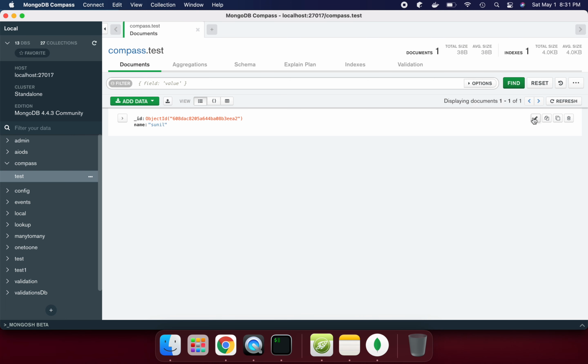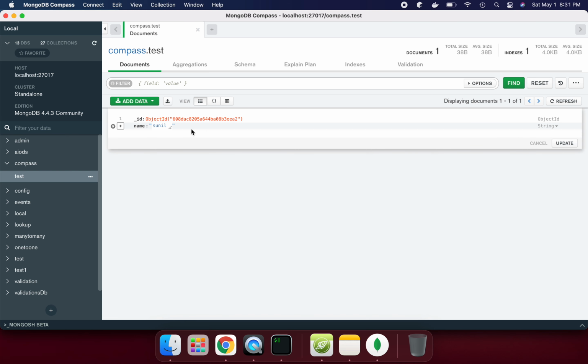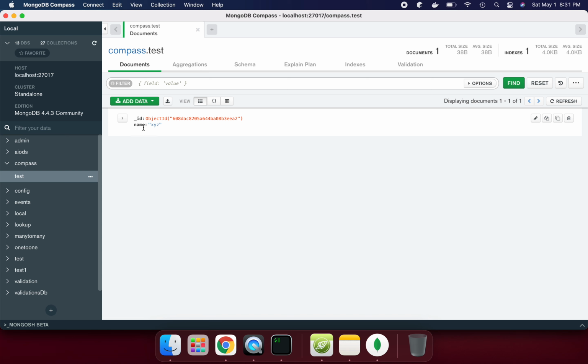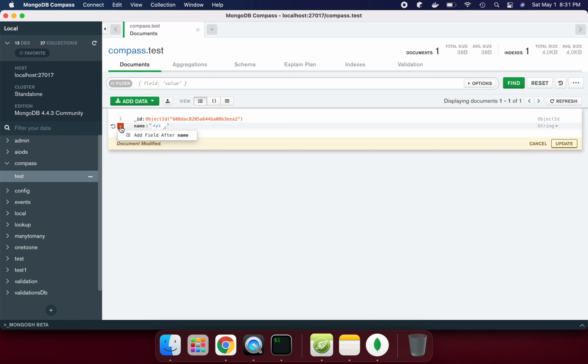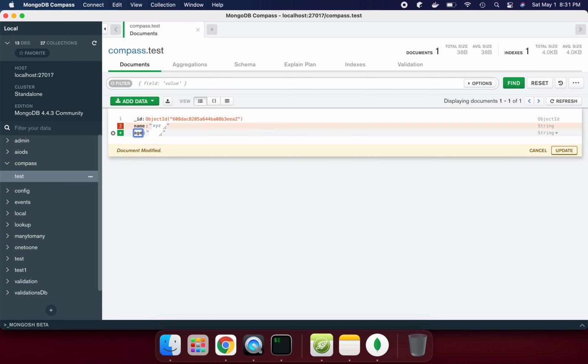Now if you want to edit, you can edit it. I wanted to edit the same field, like Sunil place XYZ, and just update it. It is going to update. Or if you want to add one more field, you can do that, like age, 2312, update.